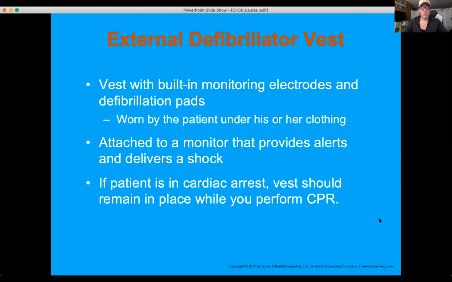All right, external defibrillator vest. I haven't seen one of these in forever. Basically, it's just pads that attach with a vest to the patient's body. It's worn tightly fit across their body like a tank top, and they wear their clothes over the top of it. It allows for shocks to be given. It does sound an alarm when a shock's going to be given, and then we can provide CPR with it, depending on your medical direction, whether you take that off or not before you put on your AED pads. It's completely dependent on the medical direction what you're going to do. I have not seen an external defibrillator vest in a very, very long time.